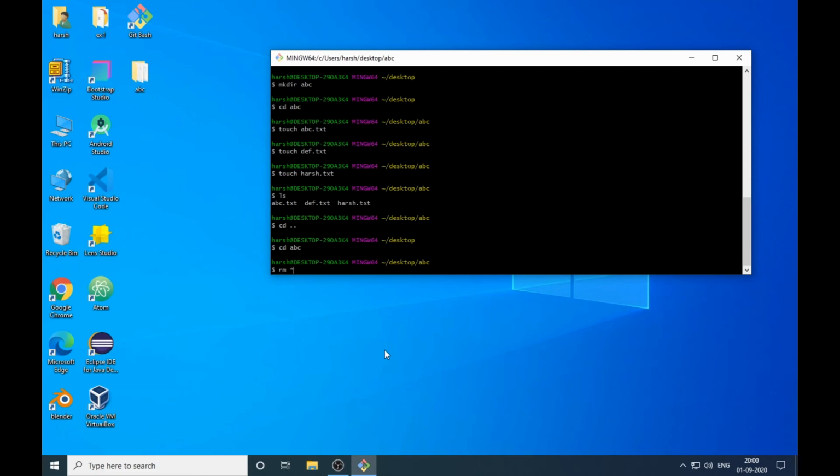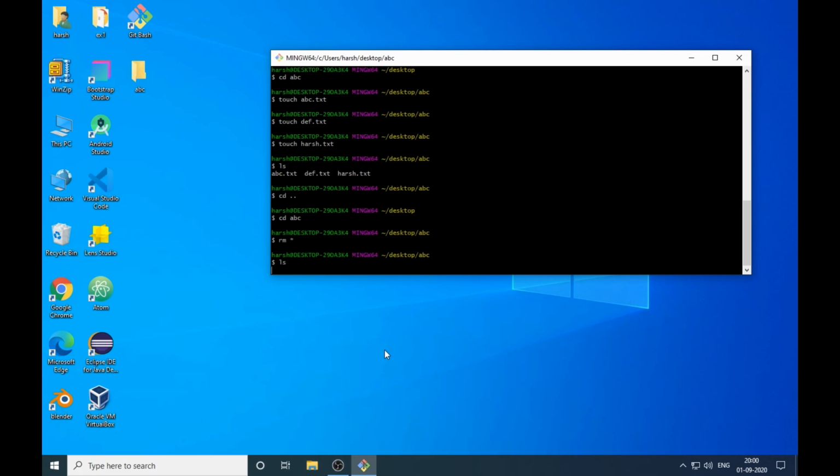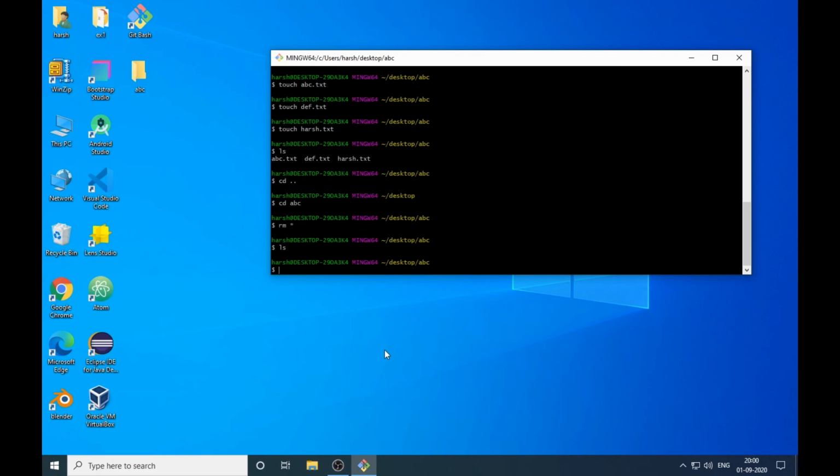Earlier we were applying rm abc.txt and so on, so by that method we need to remove the files one by one, but by applying rm space star, it will remove every file at once. So if I click on this, it will remove all the files in the abc folder. So now if I do ls, there is no file, so it's showing me blank.